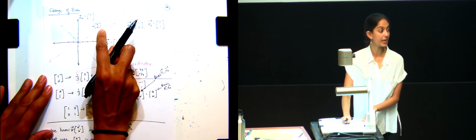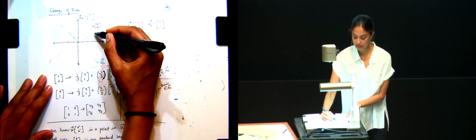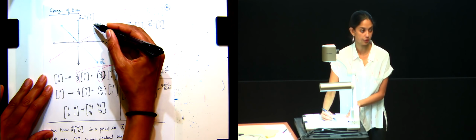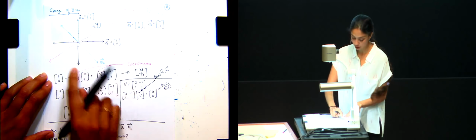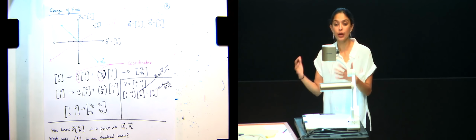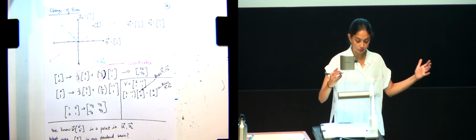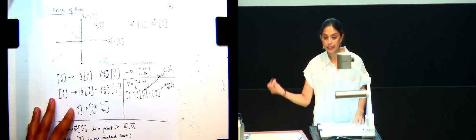What does that mean? To get to AB, I have to walk A steps along E1 and B steps along E2. Is that clear? But now I tell you, you can only move along V1 and V2. The question is, how many steps do you have to walk along V1 and how many steps along V2 to get to AB again? That is what it means to express AB in the coordinates of V1, V2. Does that make sense? What we're trying to do?